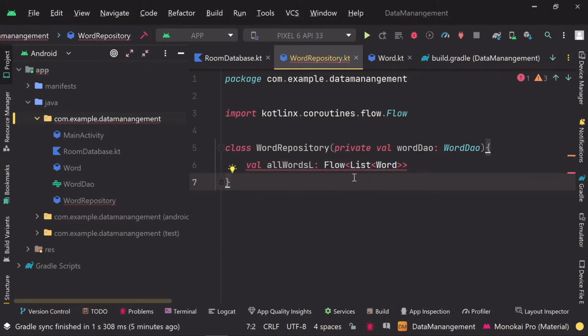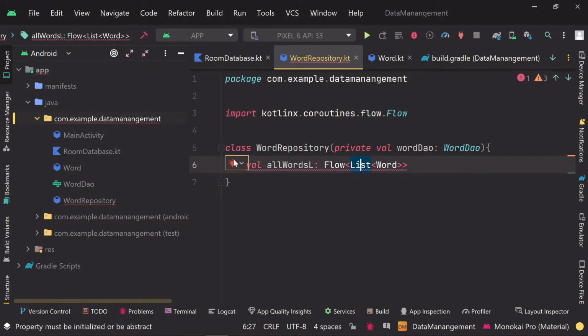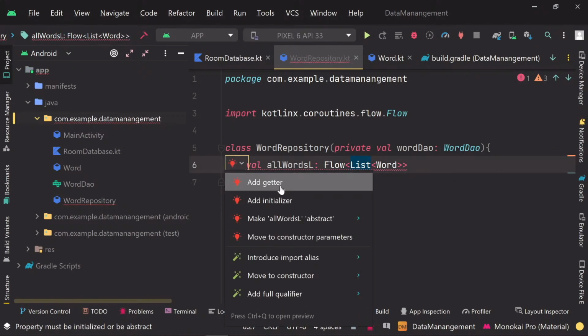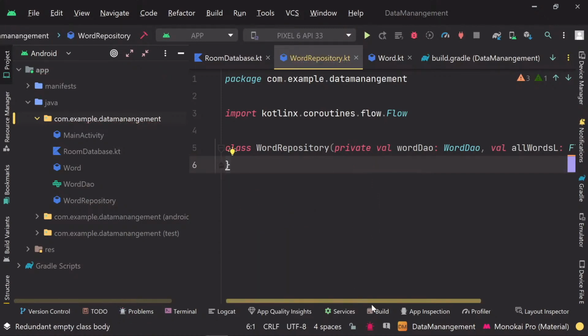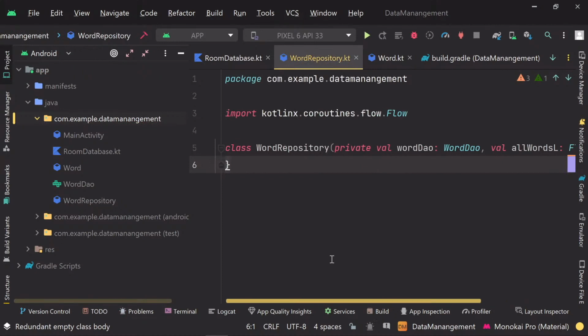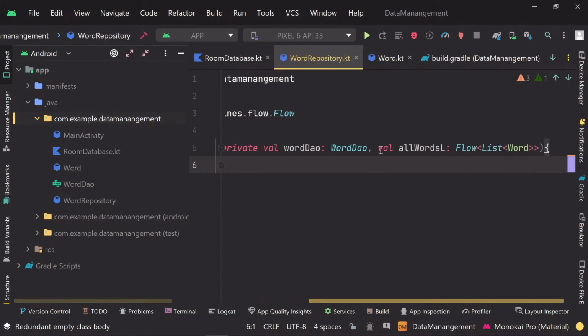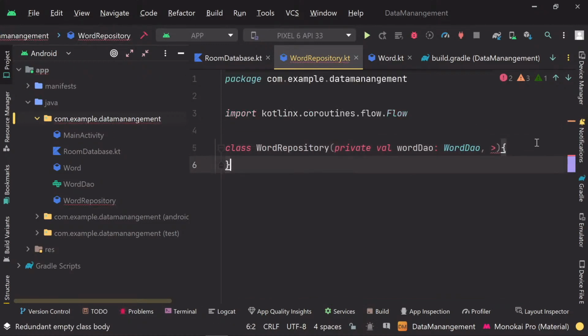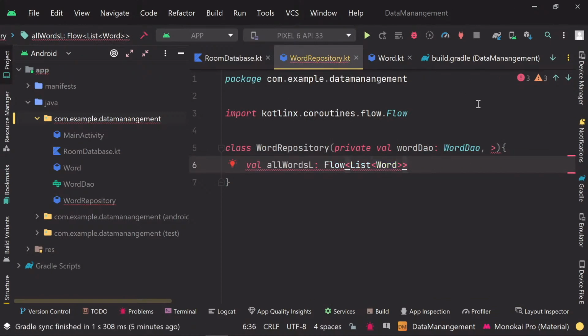Now, what exactly error happened with this Flow part? Actually, we will be cutting that part from there, and here we will be initializing this with